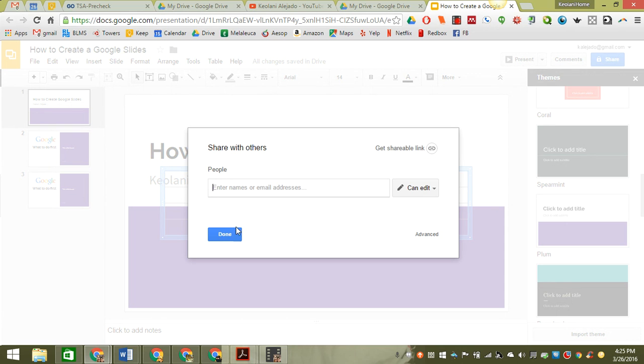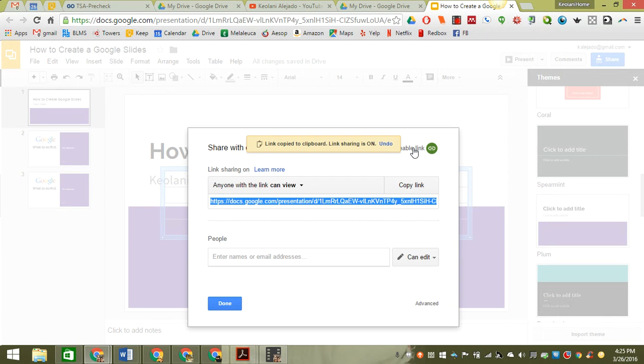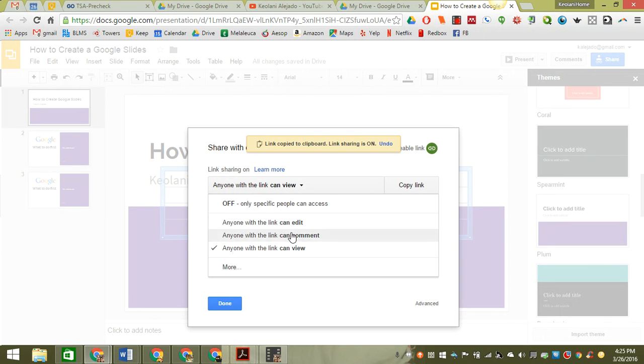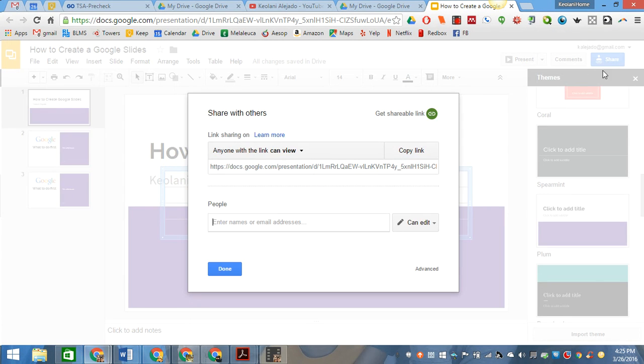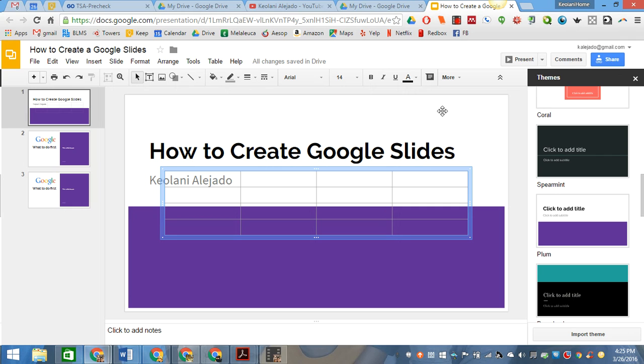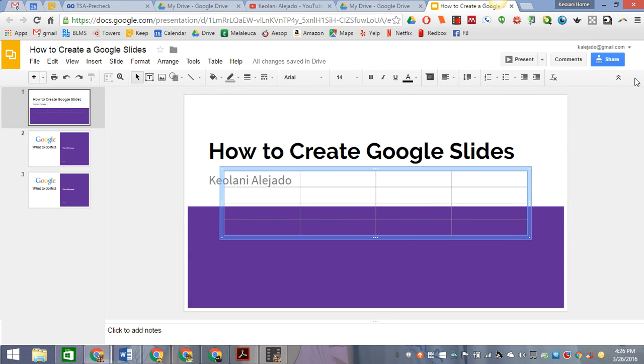And then just like Google Docs, you can share it. You can share through a link. You can share, edit, or comment, depending on what you want, or you can share by sending it directly to an email, and you can change comment or view on this side as well. So all the same options is in Google Docs,